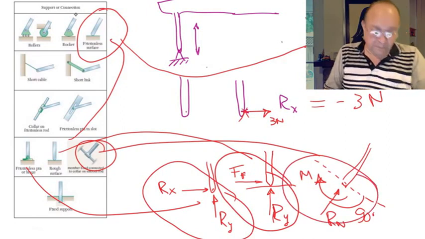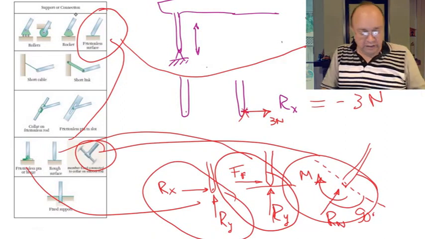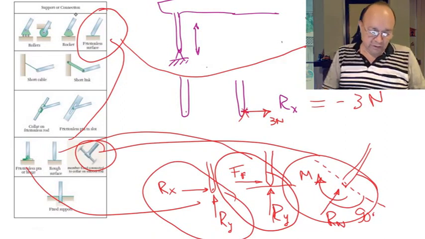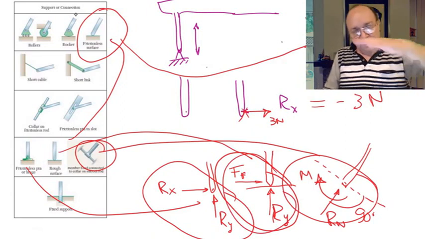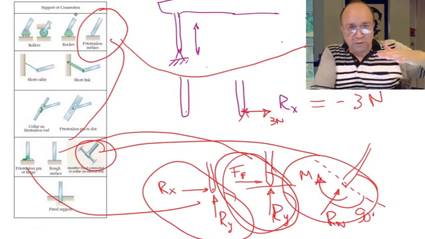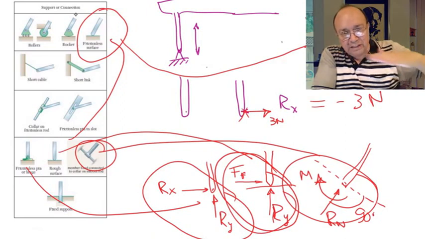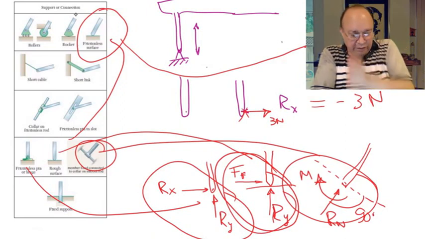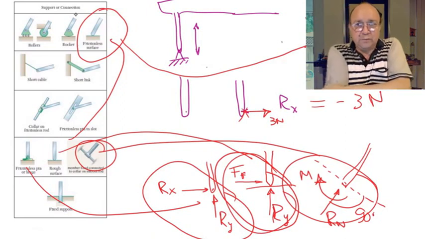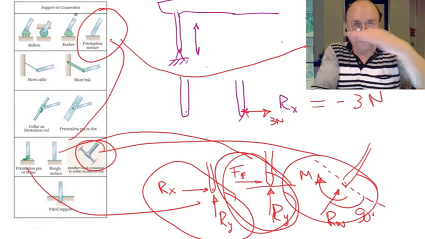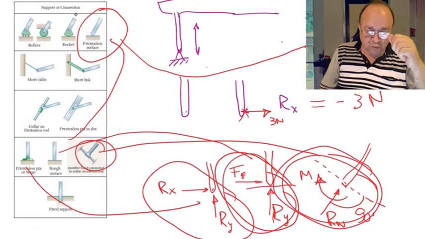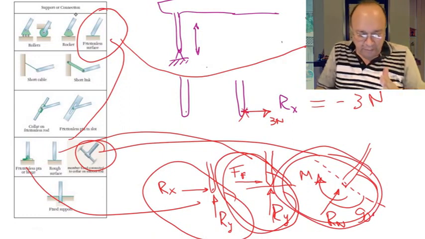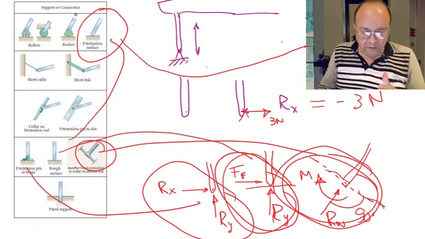In the pin, the unknowns are the component in the x direction and the component in the y direction. Same thing for the rough surface: the force parallel to the surface is the frictional force, and then another force perpendicular to the surface. And in the third one here, the two reactions are one that is perpendicular to the direction of the rod, and the other is the moment reaction.